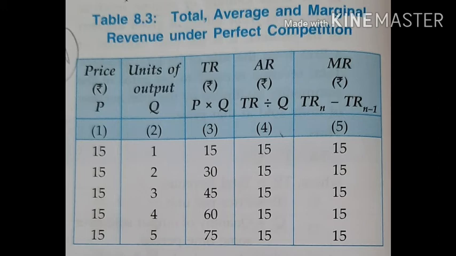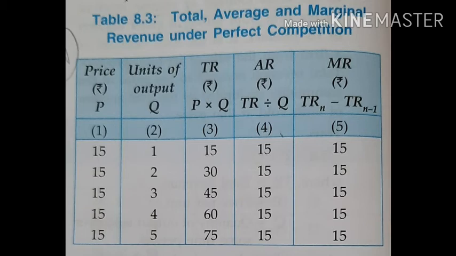When we talk about perfect competition, I will say only a few things about it because you already know. Perfect competition is a market structure where there is a ruling price, that is, the price is decided by the industry and the firm is only a price taker. Taken together, all firms decide the price, and each and every firm takes the price and charges the same price from the consumer. So the firm is a price taker, and the demand curve of the firm is given by the industry.